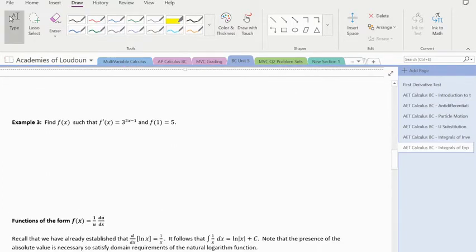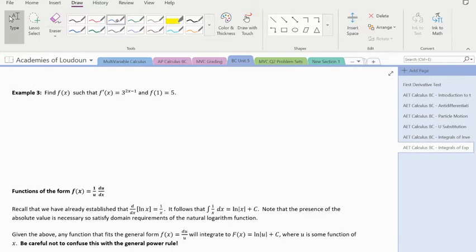So if we are looking to find f of x such that f prime of x is 3 to the 2x minus 1 and f of 1 is 5, we've got a lot happening in this one. So we're going to start with the fact that f of x is going to be the antiderivative of 3 to the 2x minus 1 dx. Now, again, we recognize that the exponent needs to be our u, so 2x minus 1. du is 2 dx. Again, I know we don't have that in this integrand, so du divided by 2 is equal to dx,